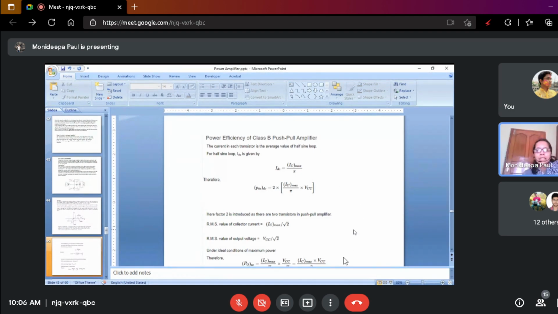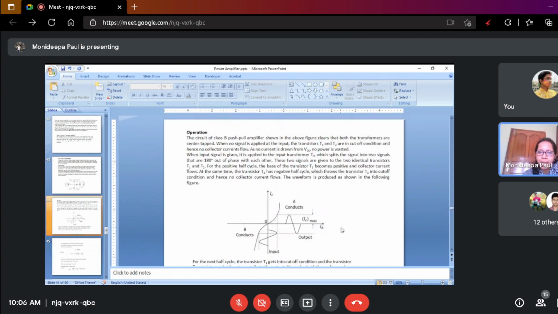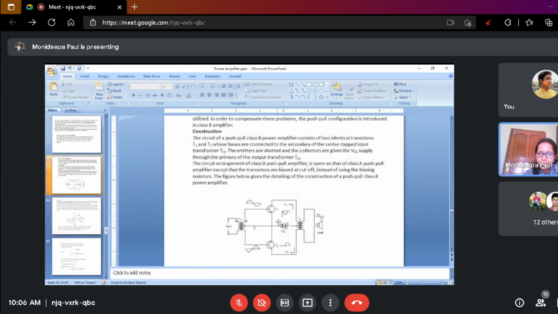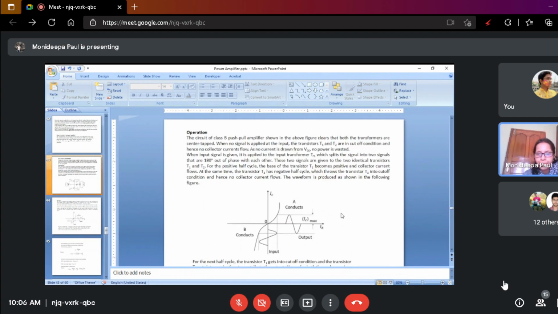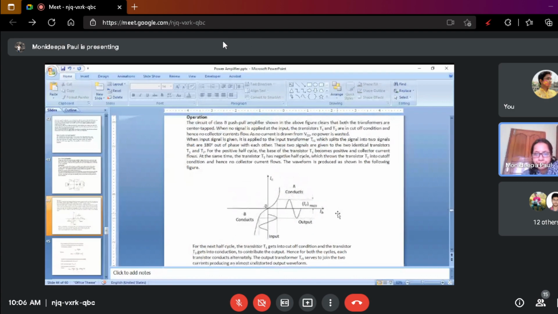First we find out the DC, that is the input power. For input power, first we find out the VDC and IDC. So input power means VDC, which is VCC, multiplied by IC. What is the IC? Here you see